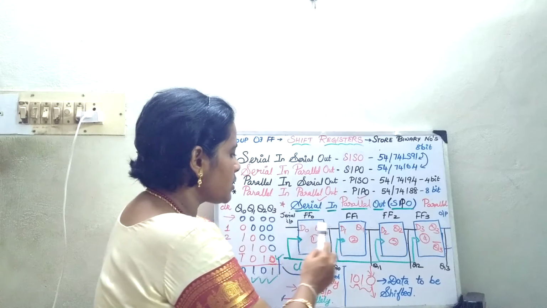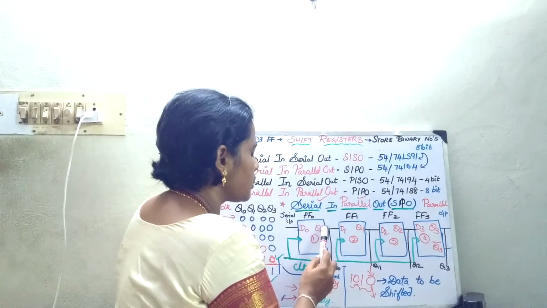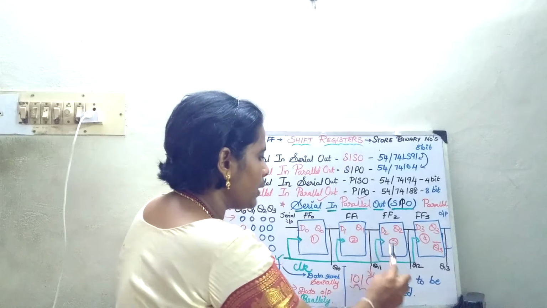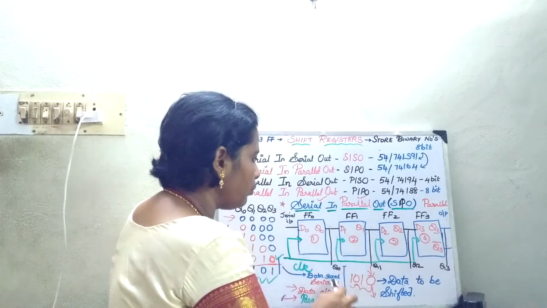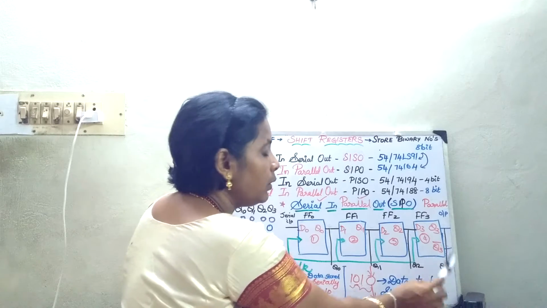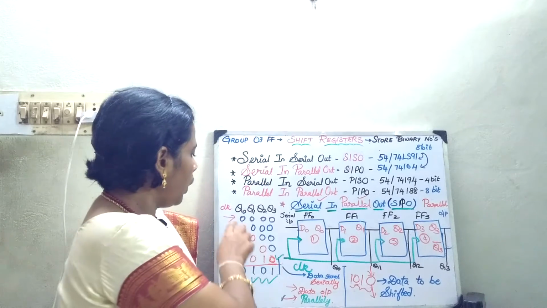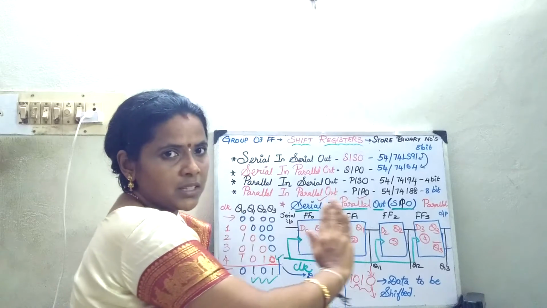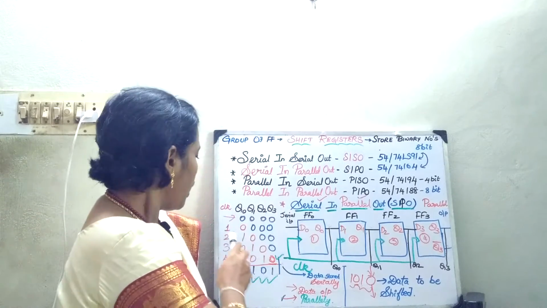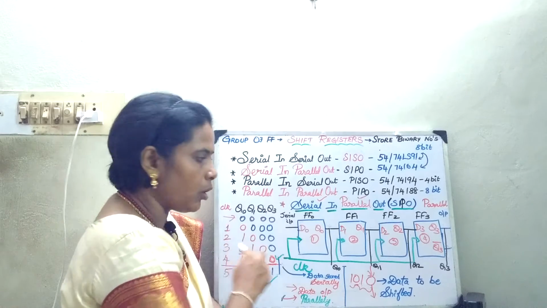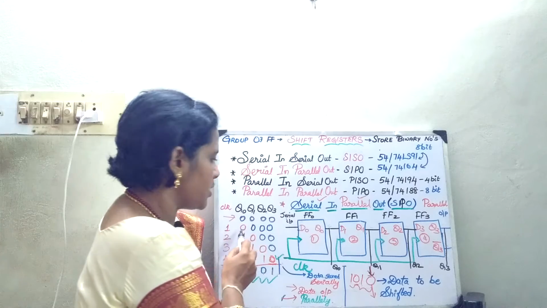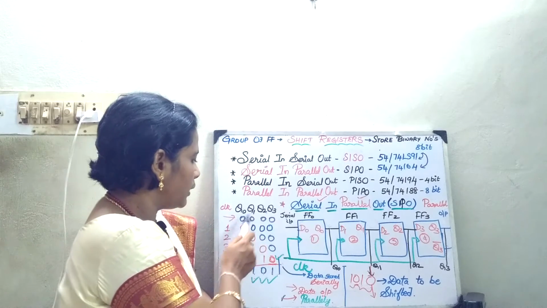Now just connect the points together, because the same output is going to follow to the input, and you are going to give the clock pulses to all, and from the outputs you are just going to tap it and write it at Q0, Q1, Q2 and Q3. Initially your register will have the initial values 0, 0, 0, 0. Now when I give the first clock pulse, the first data is going to be entered to the register. So I have written it in red, others in blue.